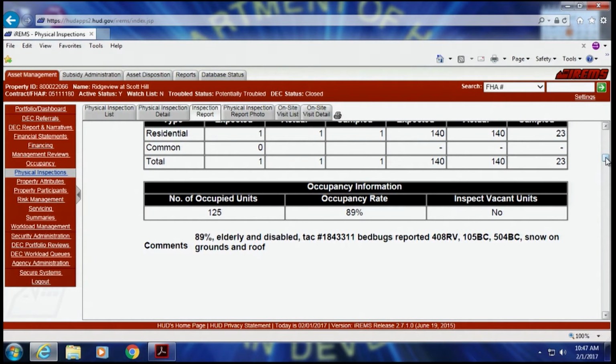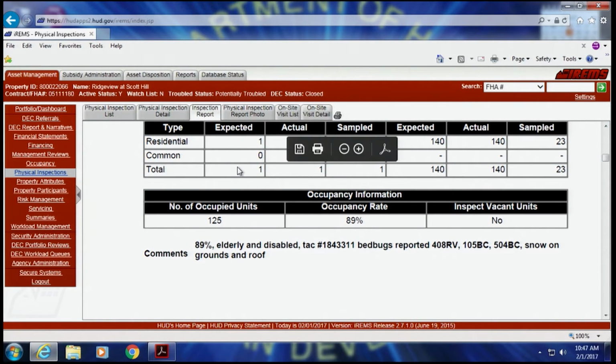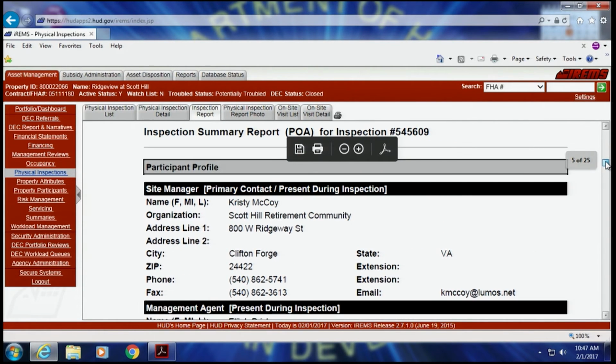The number of buildings is really important in reverse auctions when the prospective inspector is bidding on these, as well as the location. He will expect, when he goes out, to see 1 building. Had we recorded 5 buildings in here, the inspector would have expected to see 5. If when he got to the property there were 1 and not 5, he will say that there is a difference and he will record it here as expected and actual. So you might want to look at that when you're looking at these physical inspections.